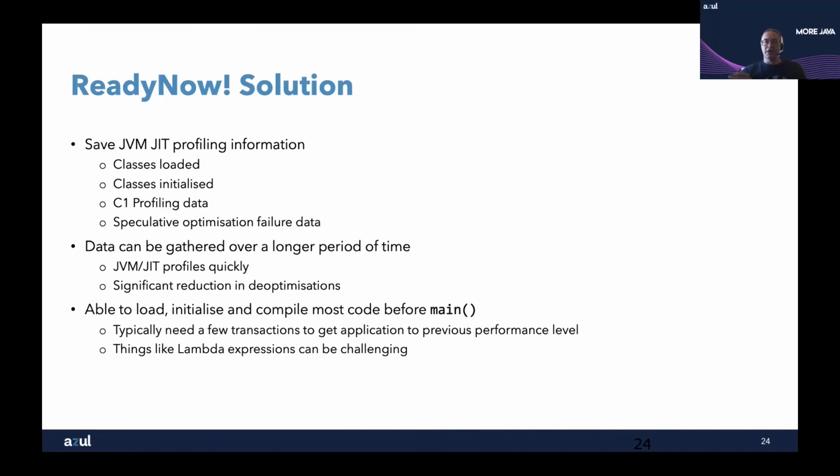What we then do is when we start the application again, rather than going through that whole process from the start again, we say, right, let's use our profile. We'll immediately load all the classes that we can load from that list. We'll immediately initialize all the classes we can initialize from that list. And then we know which methods are the ones that need to be compiled. So let's pass those to the JIT compiler straight away, to Falcon, with the profiling data that we had before, and compile those methods straight away using the information that we've got, plus the de-optimizations so we don't make those